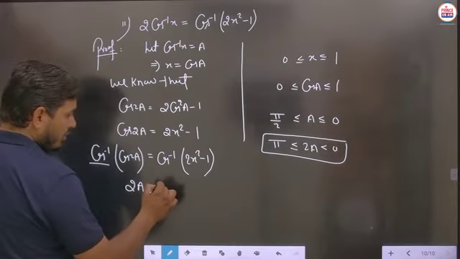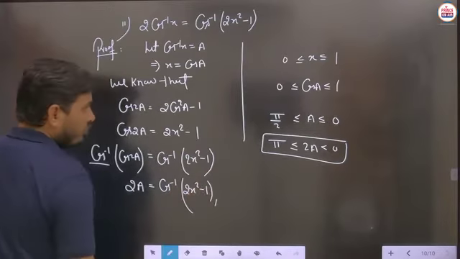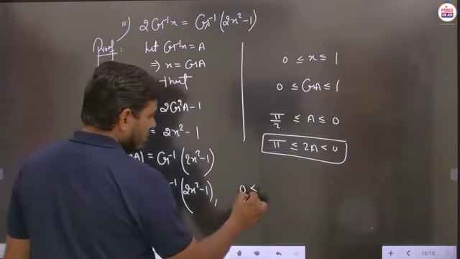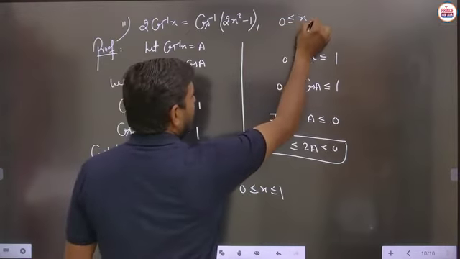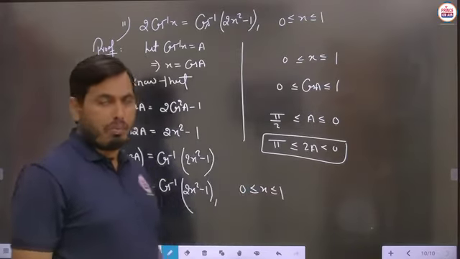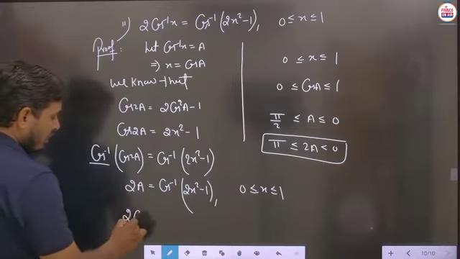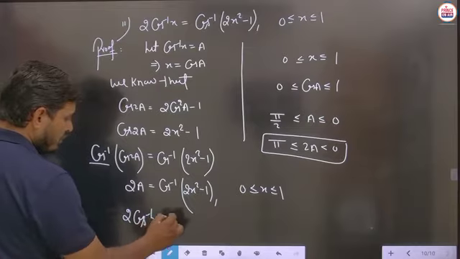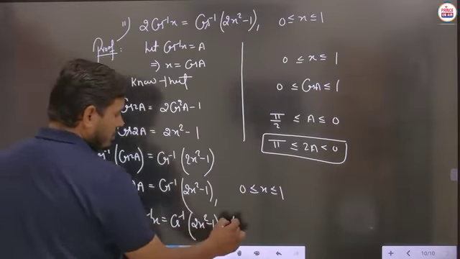So this particular part will be written as cos inverse of 2x square minus 1. But for this part we have to take the situation 0 to 1. Here we have to specify the situation as per the condition where this particular 2A will lie from 0 to pi, because the principal value range of cos inverse is 0 to pi. So what is this A? Now this A is to be written as 2 cos inverse x, and here cos inverse of 2x square minus 1, when this particular x is to be taken from 0 to 1. So this is the basic proof of this property.